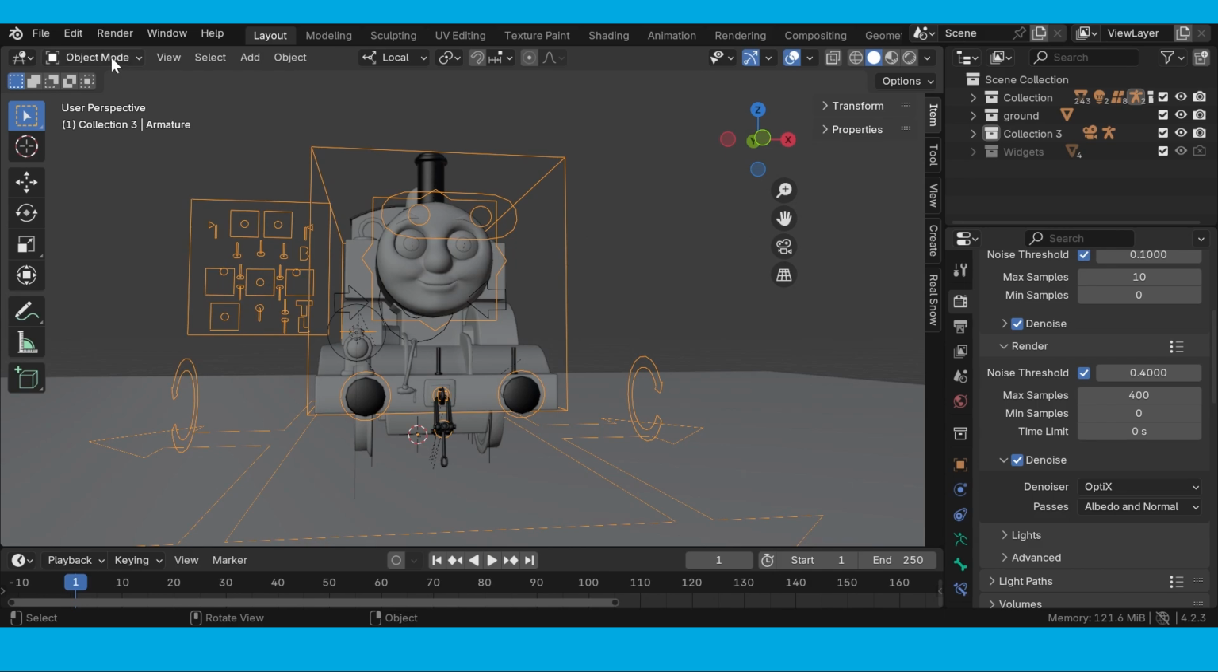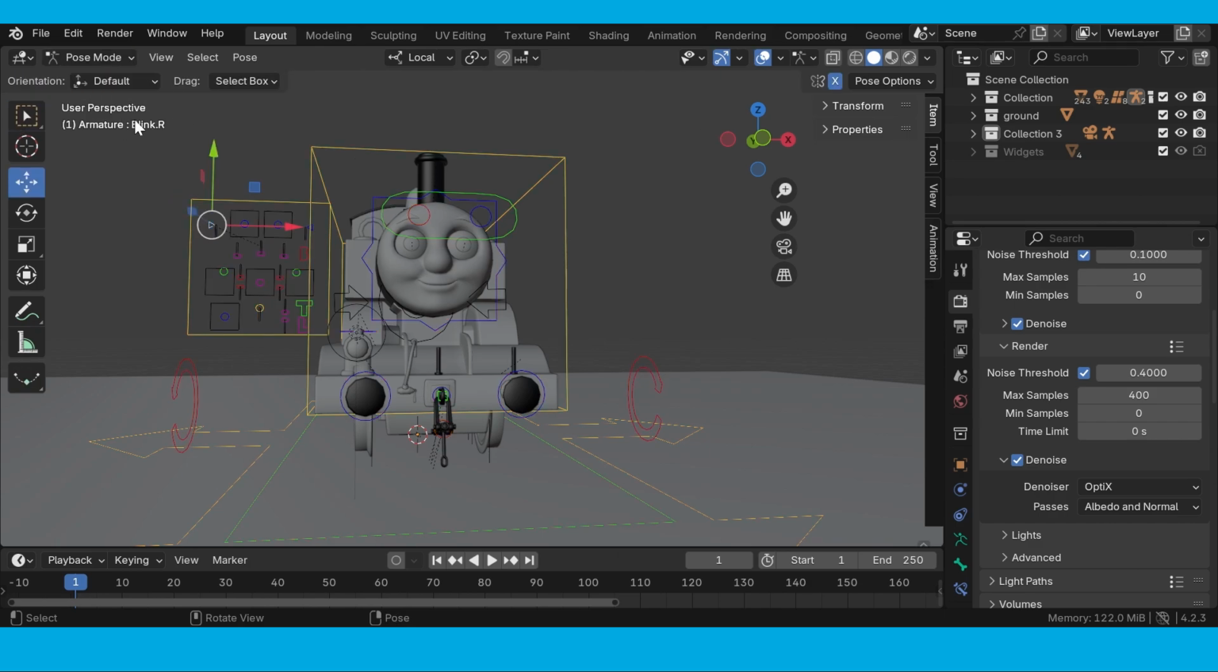Now, right here is object mode. Go to object mode and then go to pose mode. You have to remember pose mode. Now this is